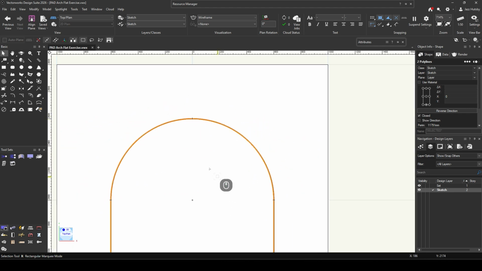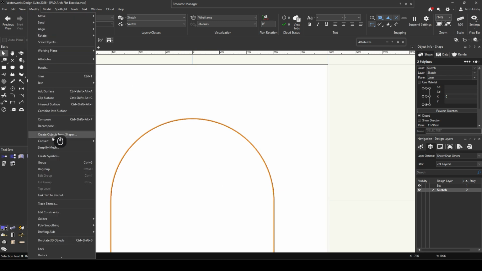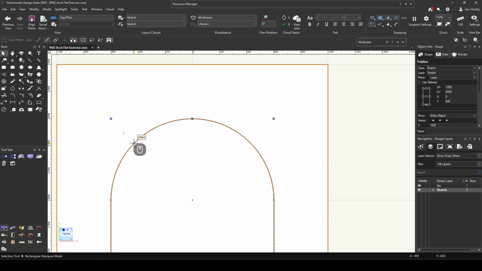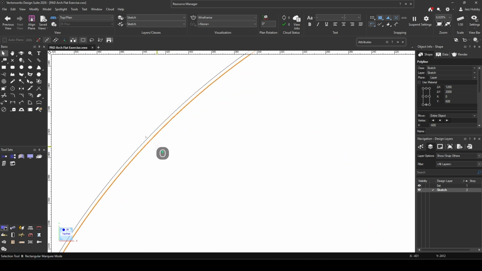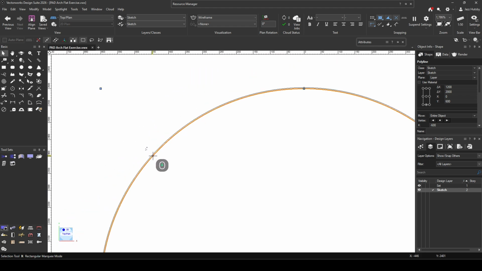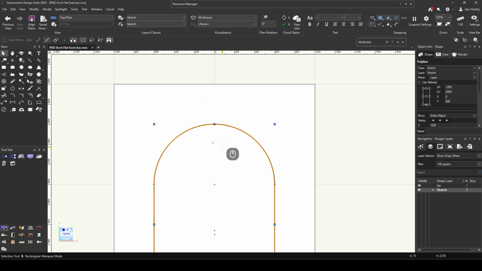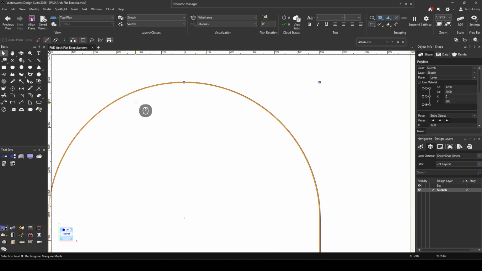That selected both those objects. And now if I go to Modify, go down to this Clip Surface tool, and I'm going to hit Clip Surface. It doesn't look like much has changed. However, you can see rather than two objects being selected, now it's just this internal one. And what that Clip Surface tool has done is it has subtracted these two away from each other, but it's kept this center one rather than deleting it, which is handy. It's what we want, because